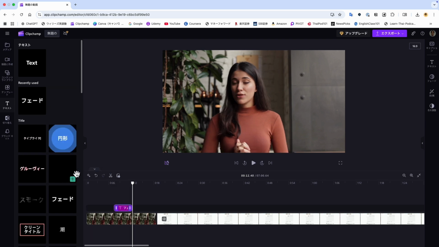Next, add text to the screen. Select a text effect. This time, choose the fade effect and press the plus button.